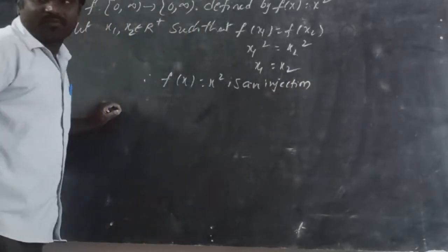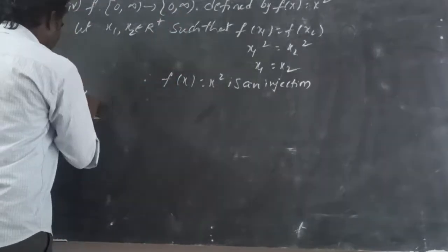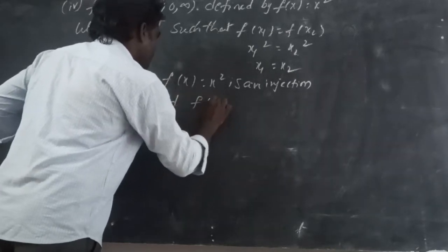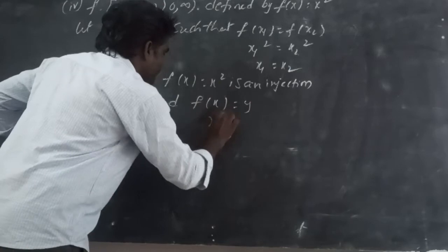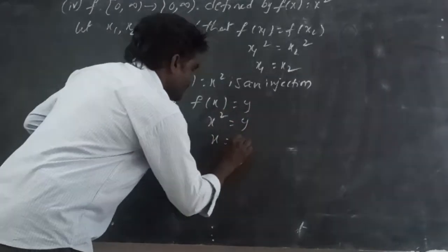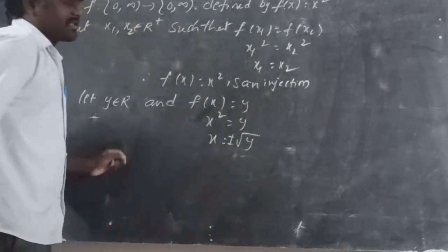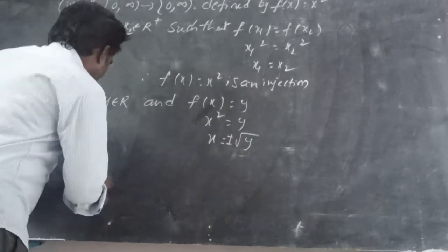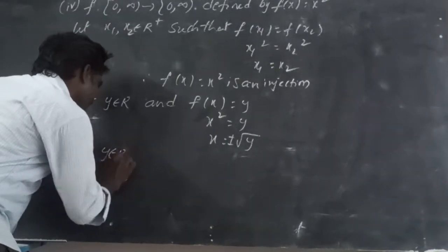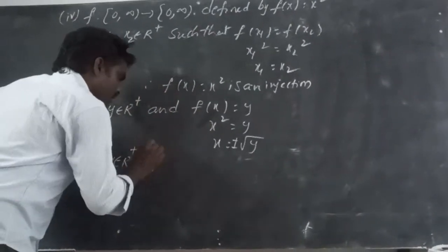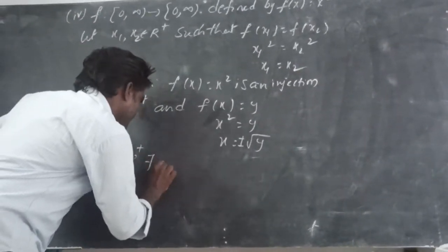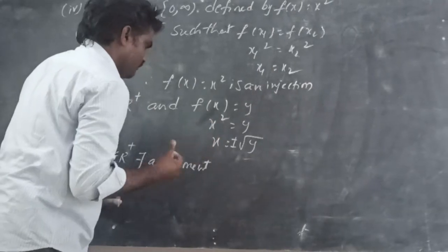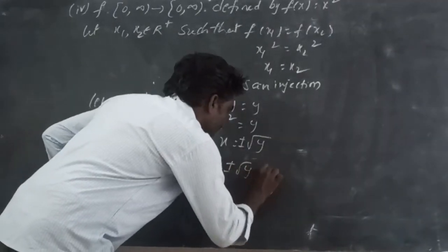Okay, so next one. Let y belong to R and f of x is equal to y. So x square is equal to y. x is equal to square root y, so that is plus or minus root y. Okay, so here let y belong to the positive real numbers. So there exists an element plus or minus root y which belongs to R,